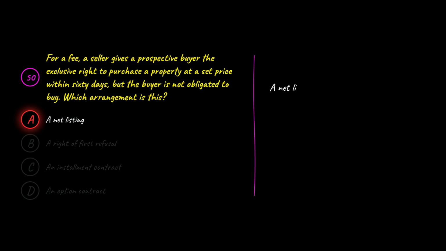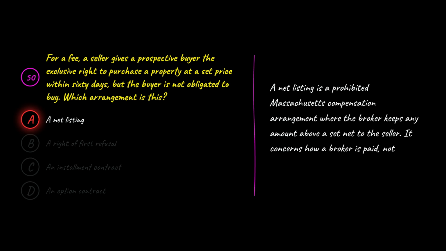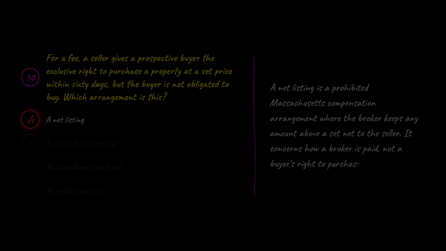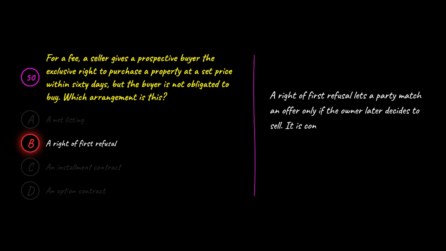A is wrong because a net listing is a prohibited Massachusetts compensation arrangement where the broker keeps any amount above a set net to the seller. It concerns how a broker is paid, not a buyer's right to purchase later. B is wrong because a right of first refusal lets a party match an offer only if the owner later decides to sell. It is conditional on the owner choosing to sell, unlike an option that fixes a price the